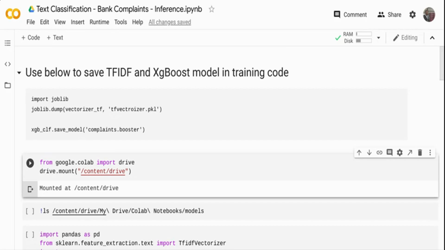Right. So the very first thing in this video, it's a multi-part series, and in this video, what we are going to do is try to replicate the training pipeline and create a deployment pipeline. And why is it necessary? When we talk about model deployment, it's not only the final model. You may have some pre-processing step to get to the final model. You may have some data cleaning step to get to the final model. So you need to replicate the entire activity that you have done in your training code so that you can have it in the deployment pipeline to have an apples to apples deployment, a like to like deployment.